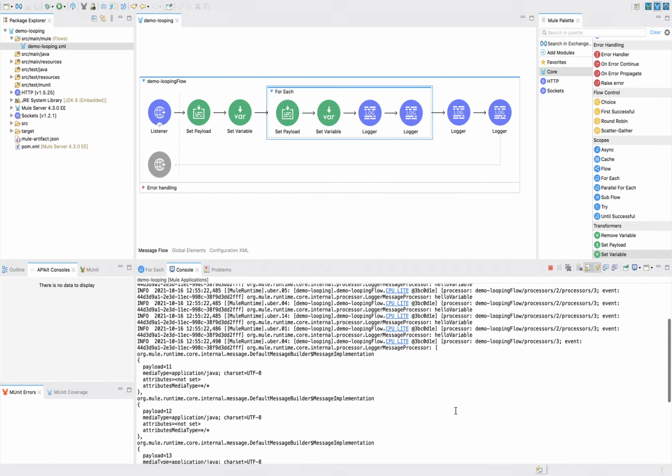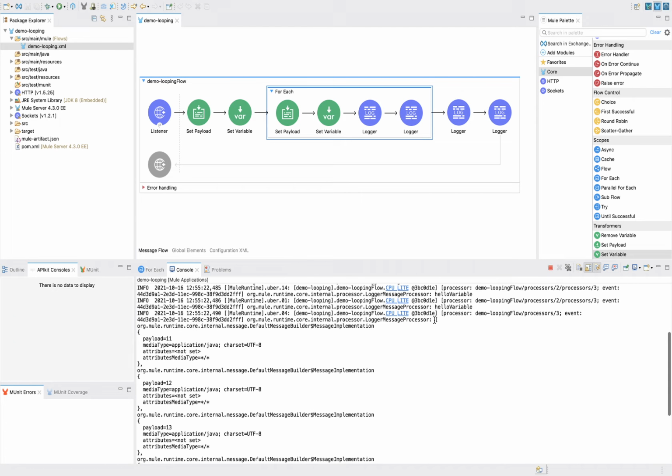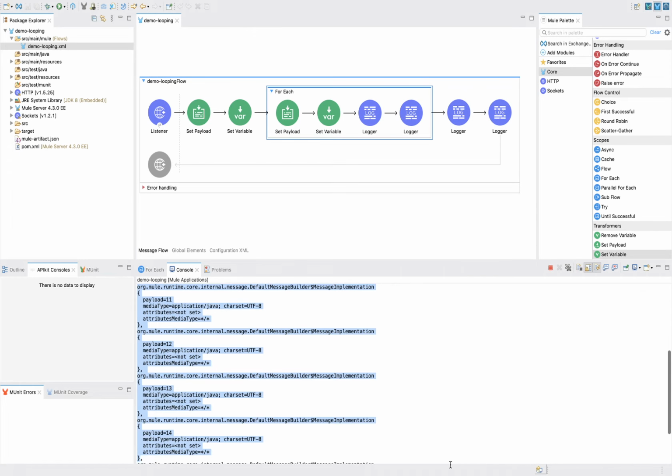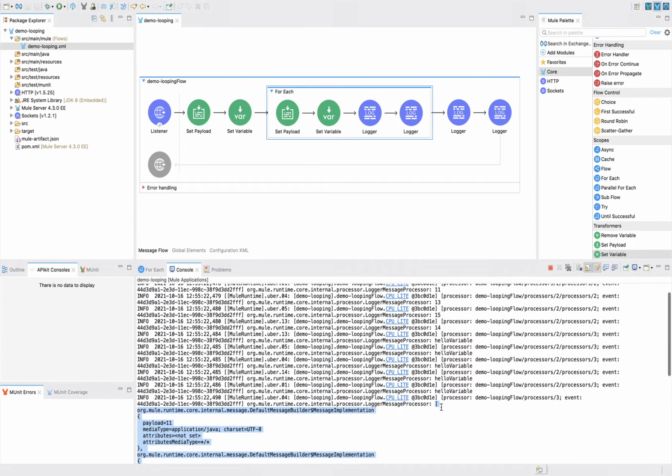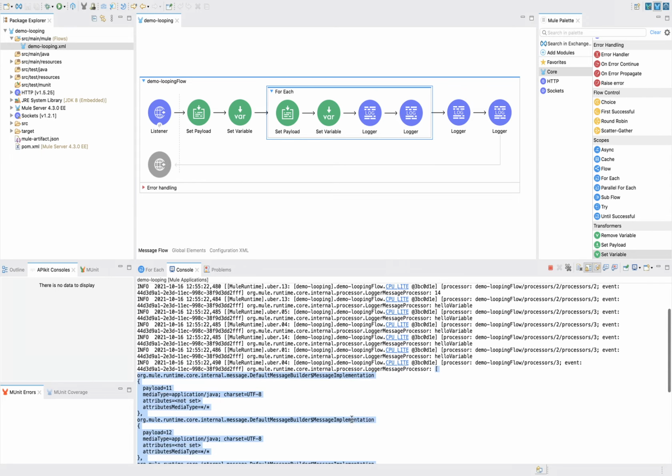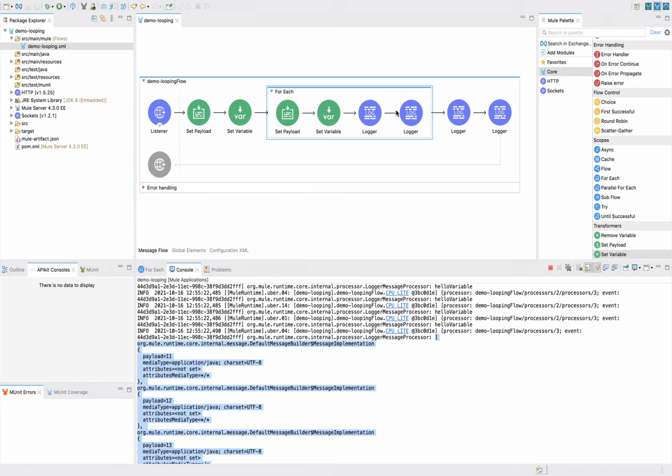Now after this completion, you can see here we are getting this array, and inside this array we are getting payload 11. Here, after the for each, your payload will change. And what will your payload be? Whatever payload you created inside this. So here we created multiple payloads. This payload is created the first time, then this one is created the second time.